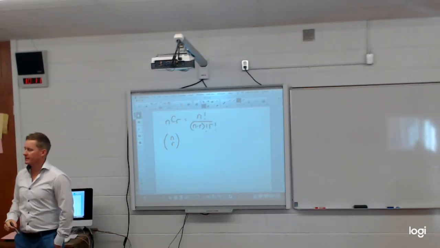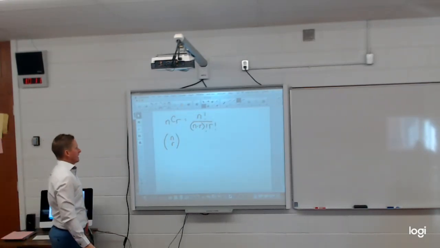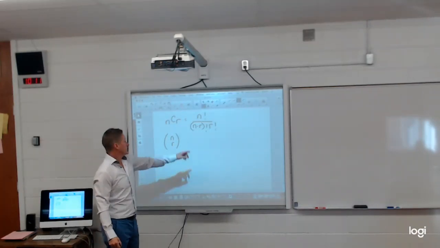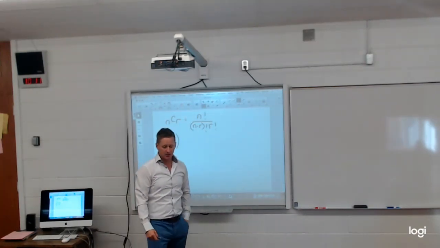This workbook works with nCr in which you have a bracket, n over r, bracket, which just means the exact same thing as nCr. It's just a different